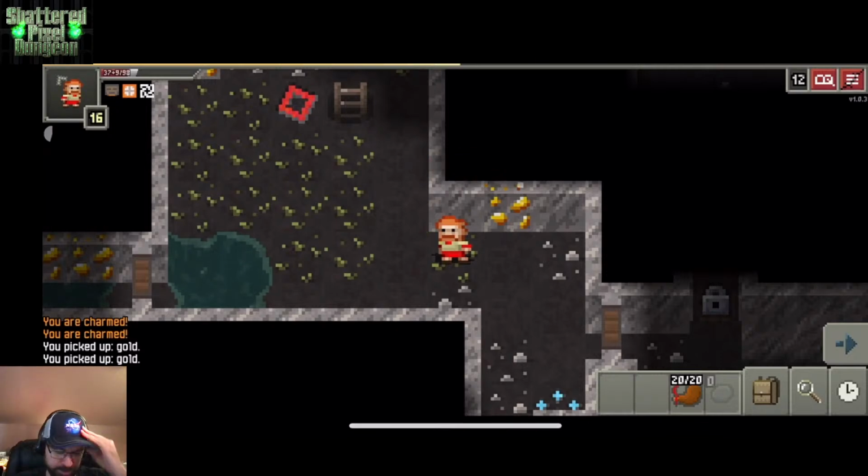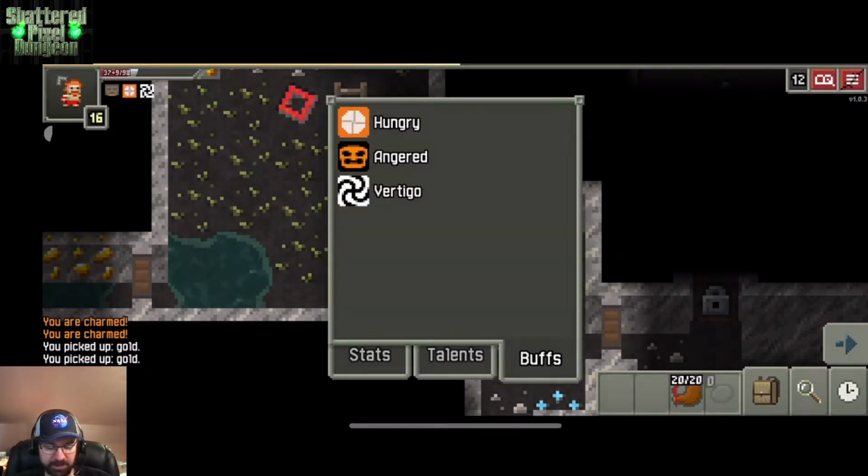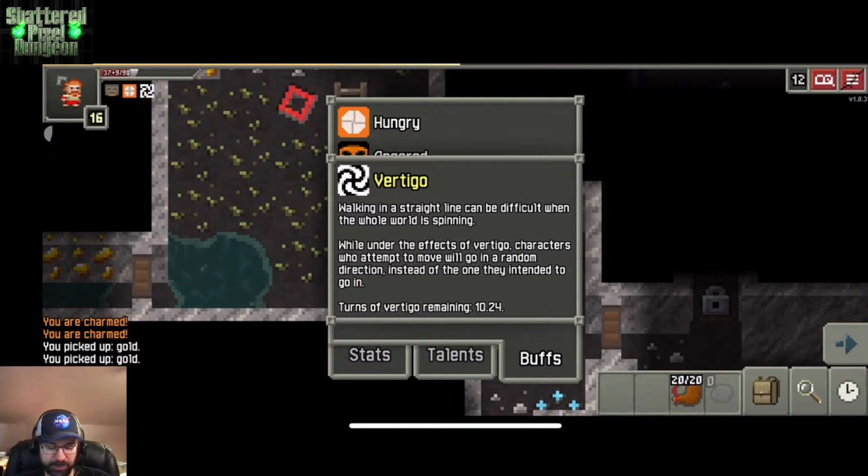Oh, crap. I used the auto run over to the stairs and it made me walk into the trap. I didn't think it would ever do that. I have vertigo now. It says walking in a straight line can be difficult when the whole world is spinning. While under the effects of vertigo, characters who attempt to move will go in a random direction instead of the one they intended. Turns of vertigo remaining